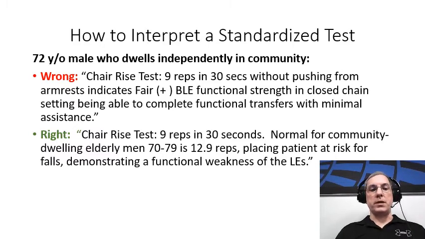So the therapist documented, number one, chair rise test, 9 reps in 30 seconds. Okay, so that's accurate. Without pushing from armrests. Okay, and that's how you're supposed to do the 30-second chair rise. So that's a standardized way to do it. Indicates, now here's where we get into the wrongness of this interpretation. Indicates fair plus bilateral lower extremity functional strength in closed chain setting, being able to complete functional transfers with minimal